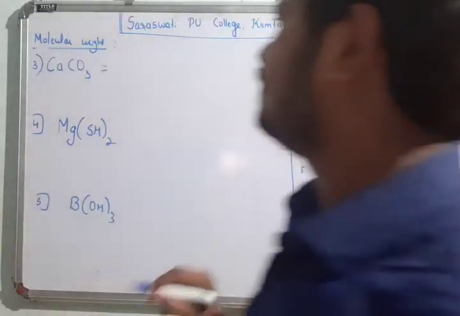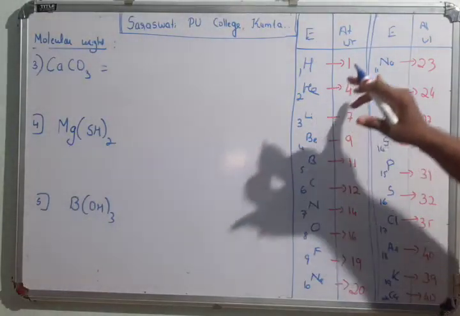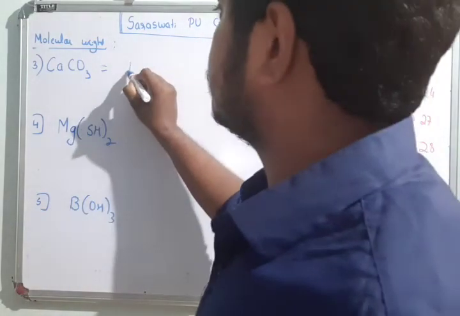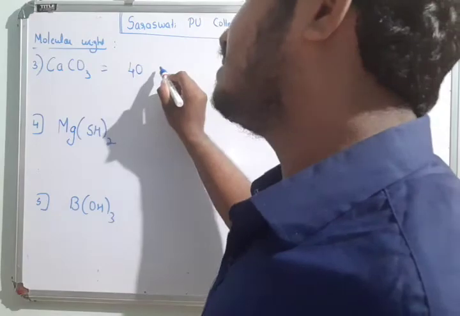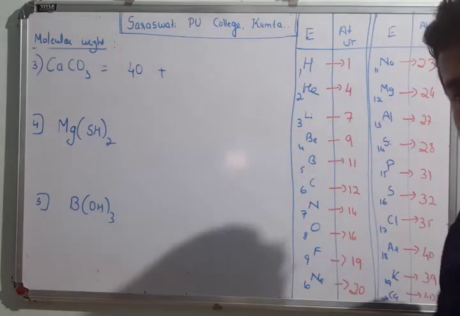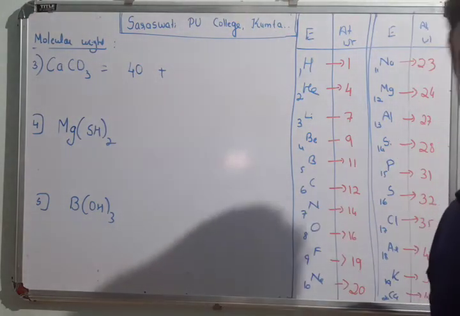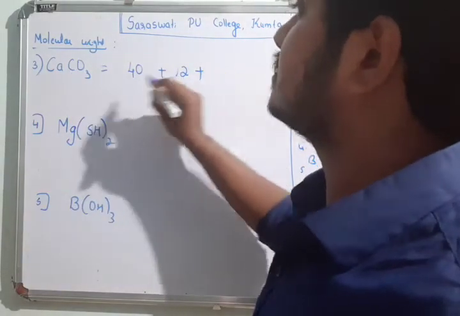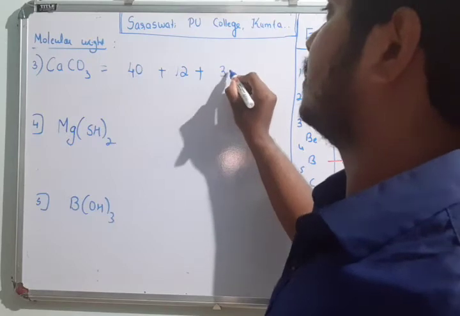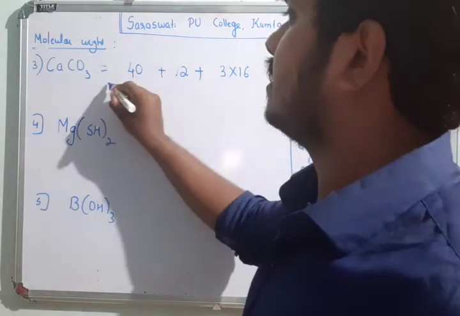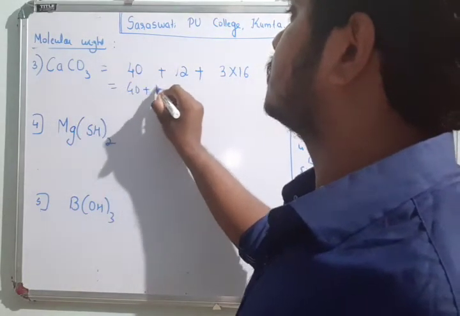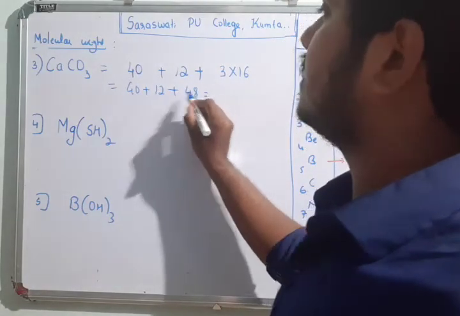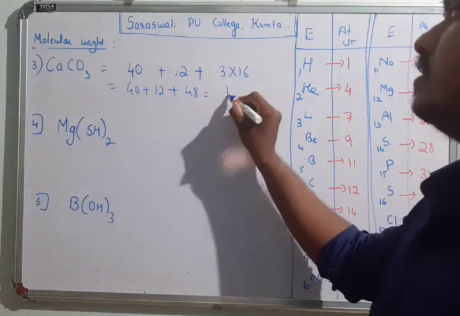It is the same now. I won't write the atomic mass again here because it is over here. Calcium, you can see the last one, which is 40. It is only 1, so there is again no need to mention that 1. Every time there is no need to mention that number 1. So directly write 40. Again carbon is 1, so its mass is 12. Plus, now the oxygen is 3, so it's better to mention 3 into 16. So let me add it. 40 plus 12 plus 48. After counting, 48 plus 12 is 60, plus 40, that is 100.